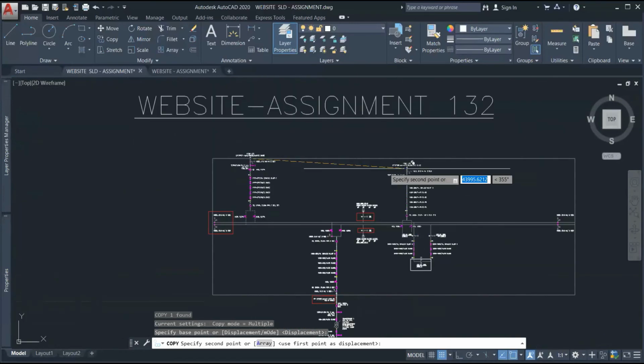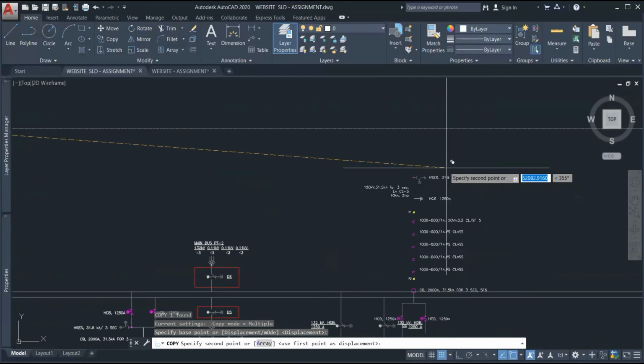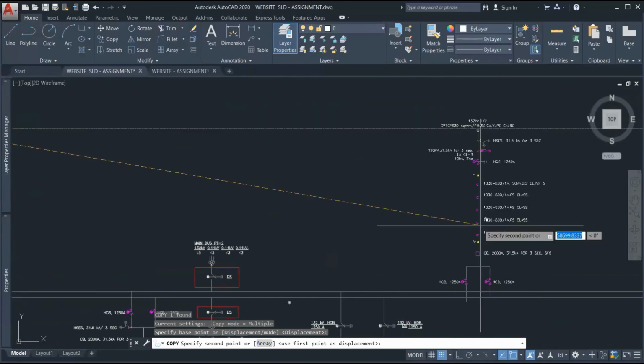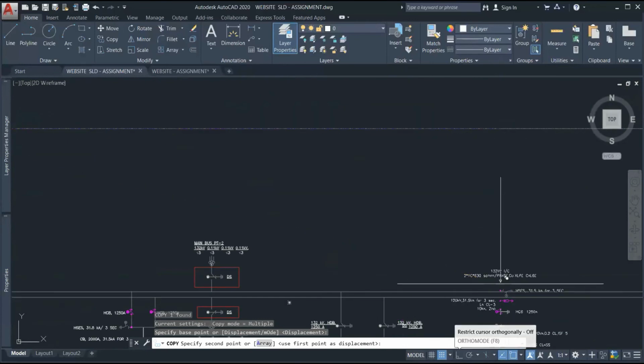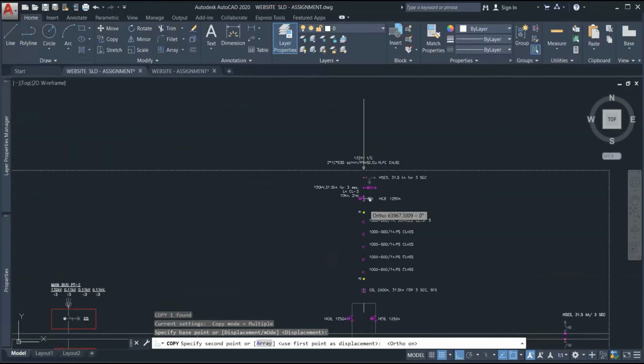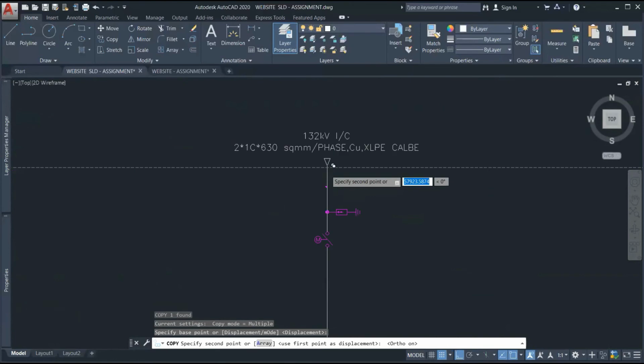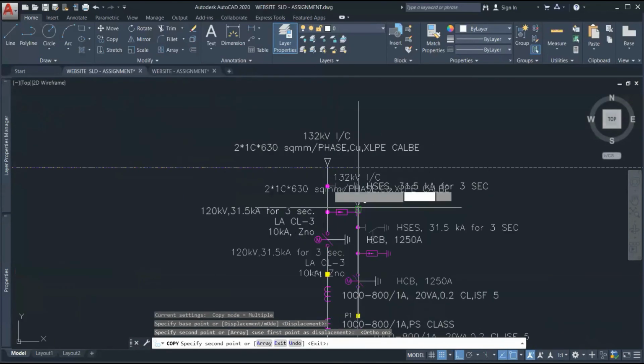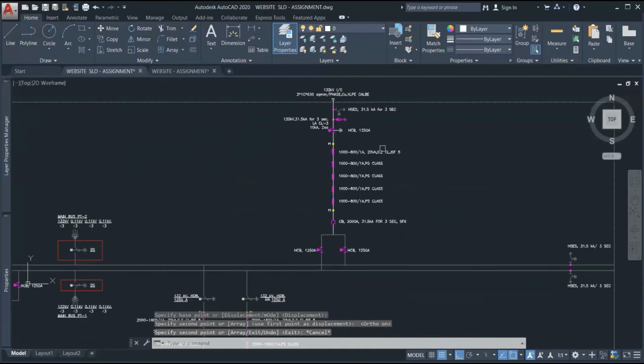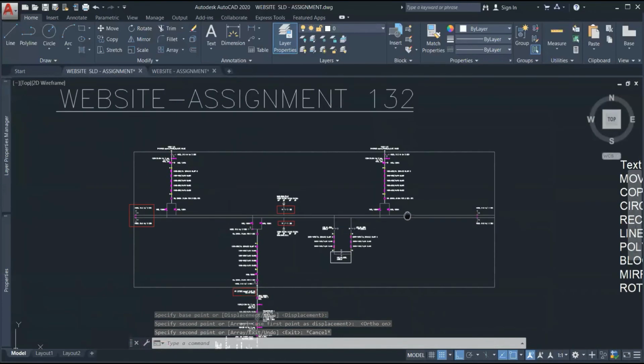The ortho is off, so we are not getting the precision. So let me just turn on the ortho, and I'm placing it here. Okay, escape to come out from the command, right?